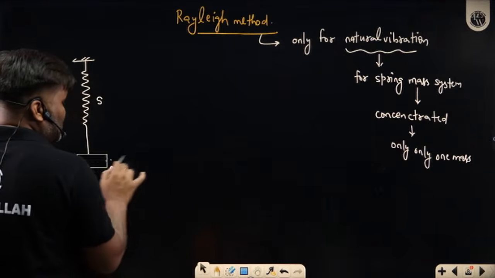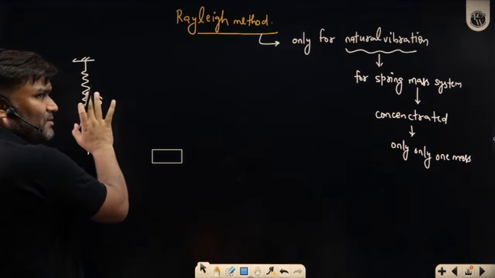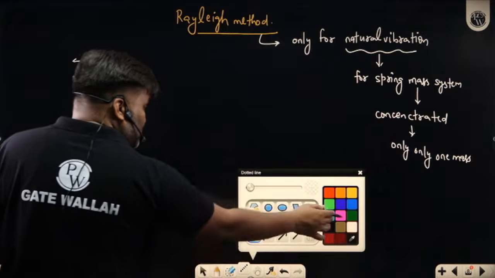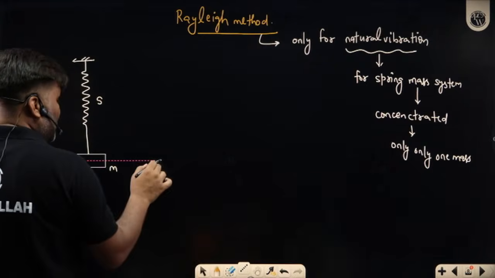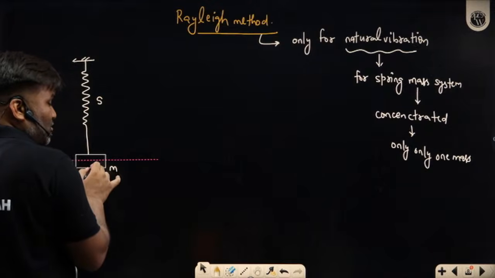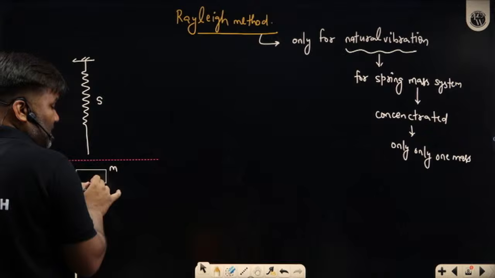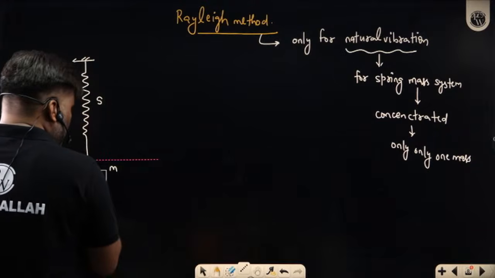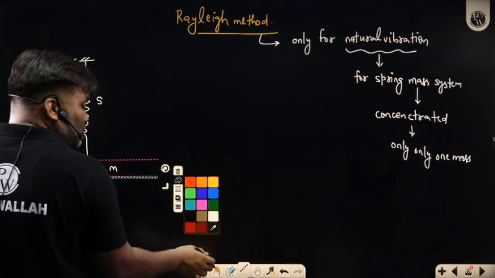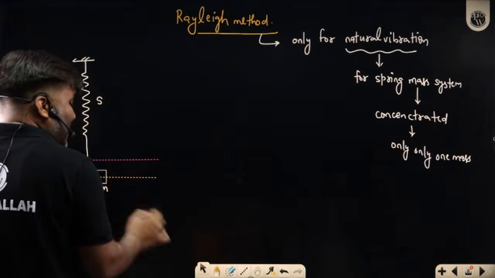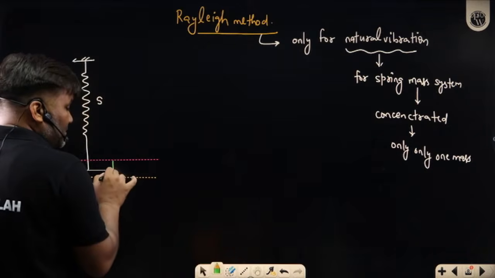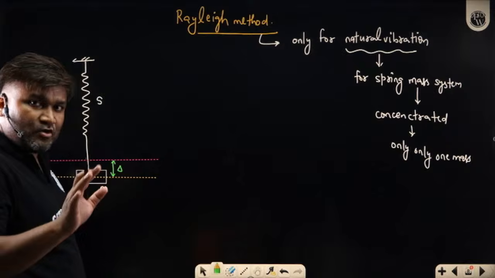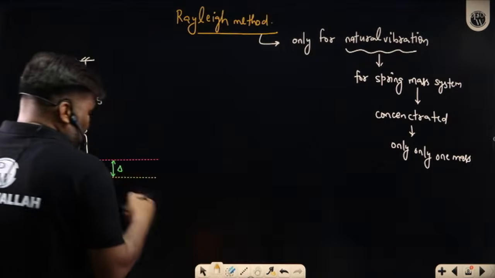Sir, when this mass was not connected, the spring's undeformed position is this. You connected this mass, but I haven't released it. So whatever you are seeing, this is the initial position of the spring mass system. And if you release this mass slowly, the mass, because of the weight, goes down and somewhere it stops. Why? Because the spring has now elongated by some amount. And here this thing is going to rest. So wherever this mass has stopped, by moving this much amount, delta amount, that delta is what? Static deflection, already I have discussed. So this is the mean position.